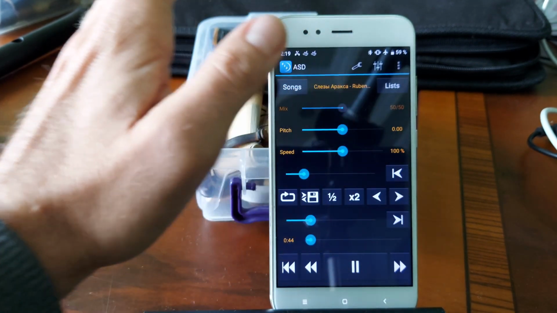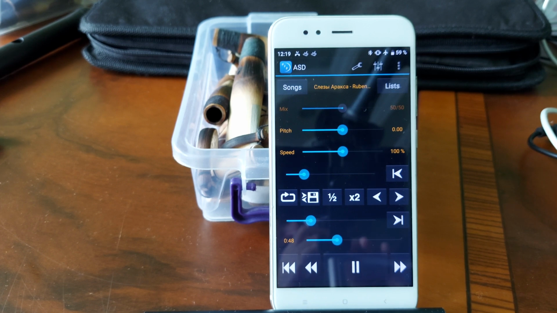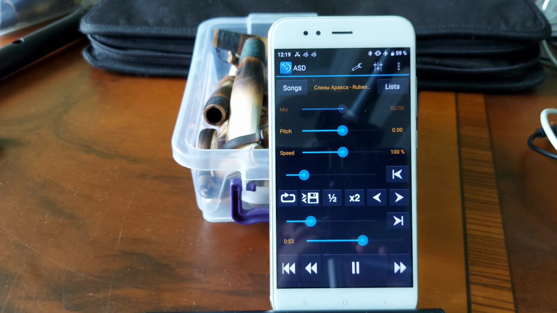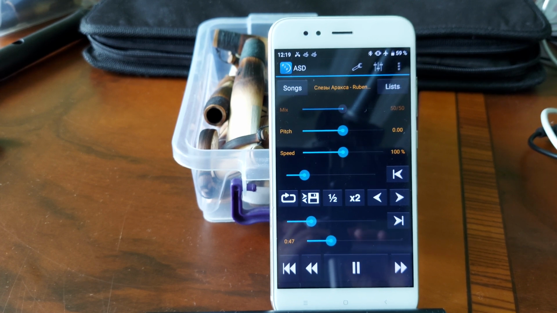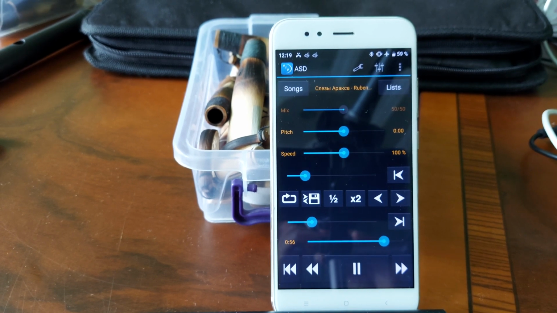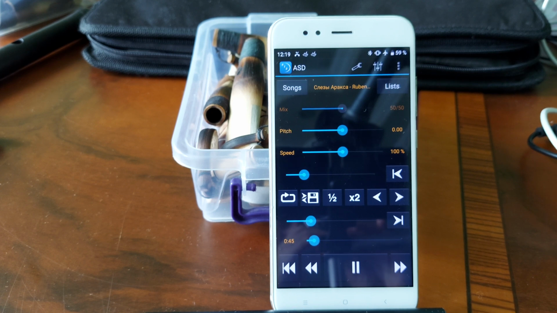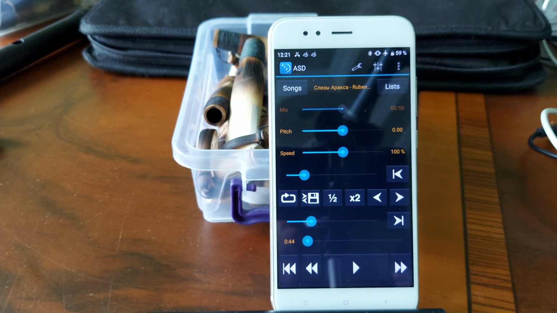Finish point. This is the way how we move.